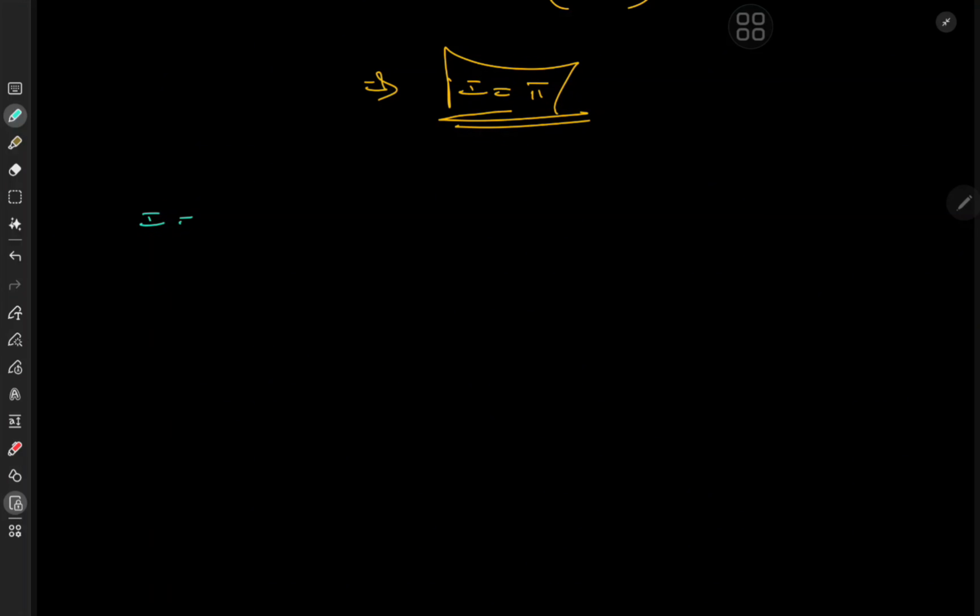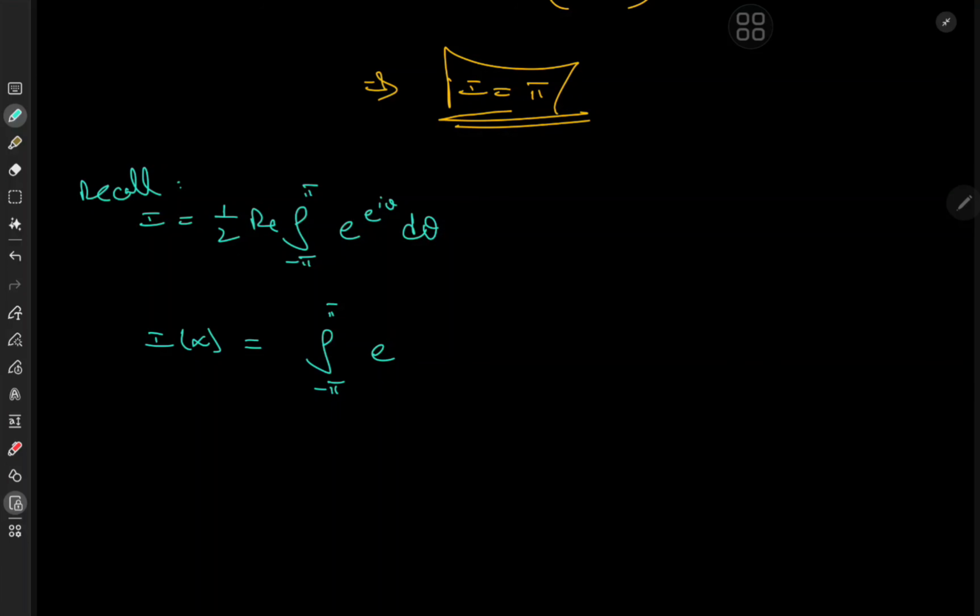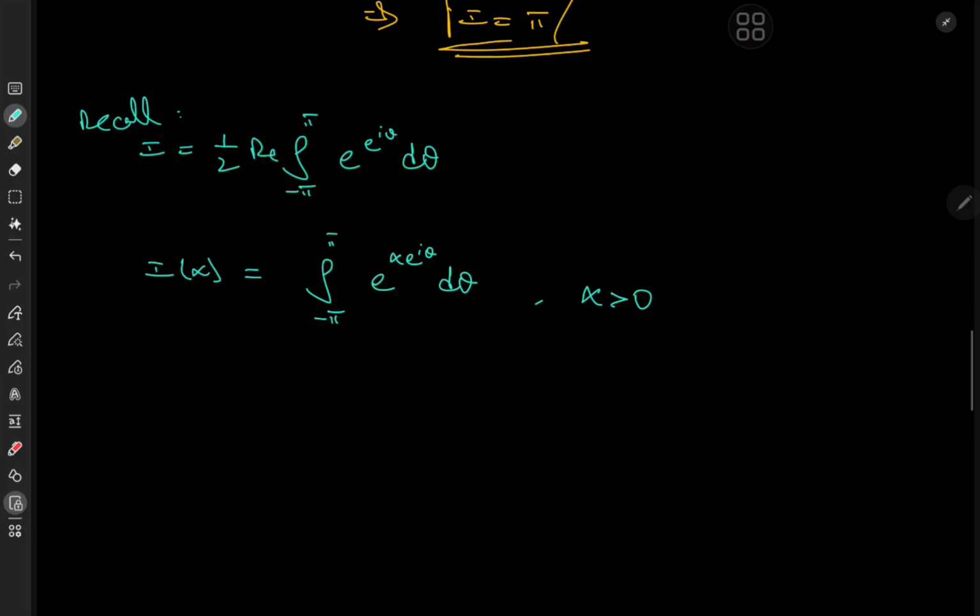Besides an analytic solution to the Navier-Stokes equation. So the integral I, recall, we expanded this thing as 1/2 the integral from negative pi to pi of e to the I theta d theta. Now, if I introduce an integral function I of alpha, again forgetting the real part, defined as the integral from negative pi to pi of e to the alpha times e to the I theta d theta, where alpha is actually going to be positive, some